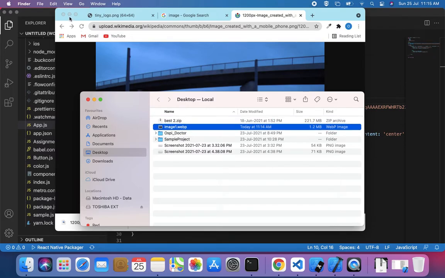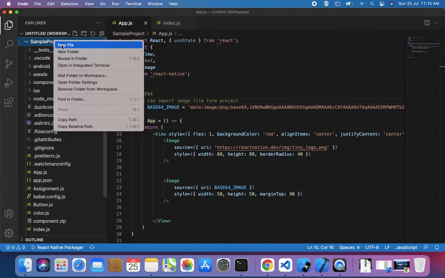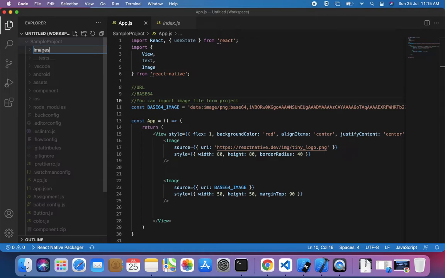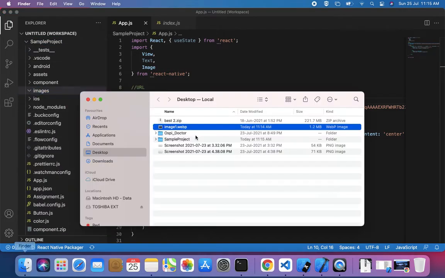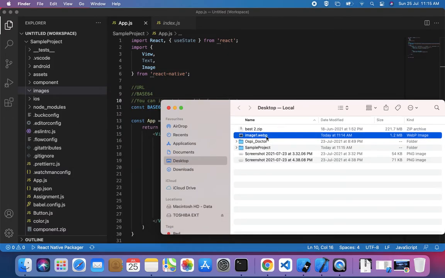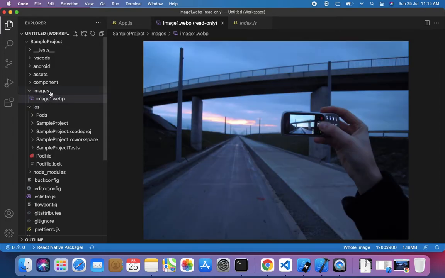Now I want to import that image in the project folder, so I am creating a folder here called images. Now I am placing that image in the images folder. So it's added into the images folder.